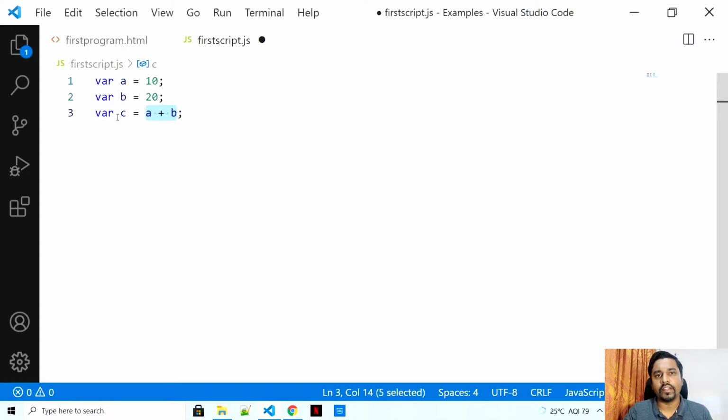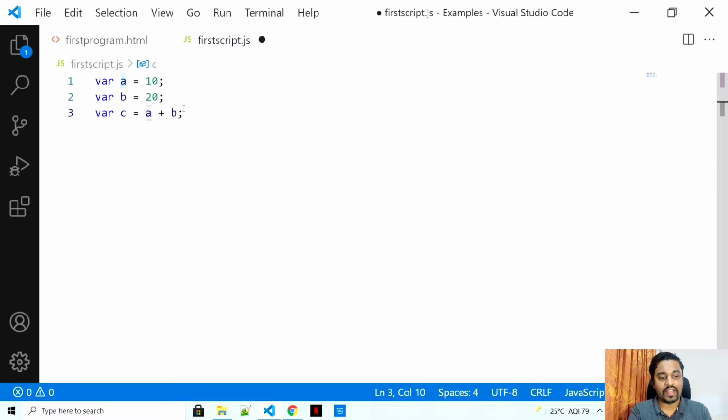Whenever you see an equal to sign, that means right hand side calculated, put it back to the left hand side. Simple. So now your a has the value of 10, b has the value of 20, 10 plus 20 equals 30, and we are just putting the value of a plus b into c. So that means your c will have 30.